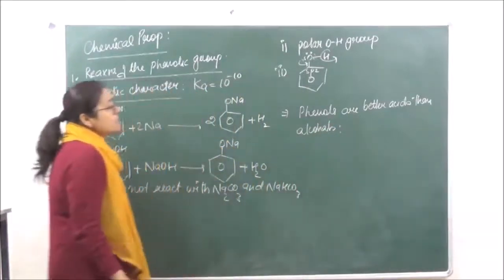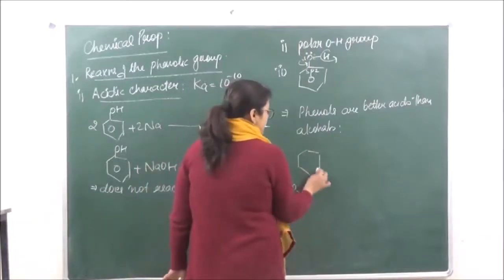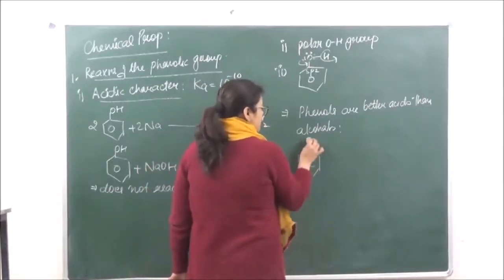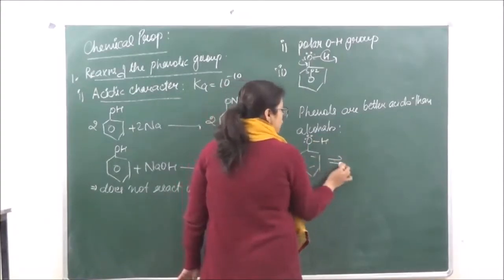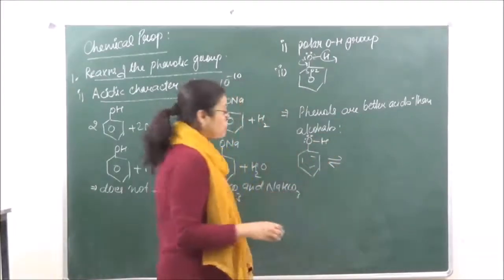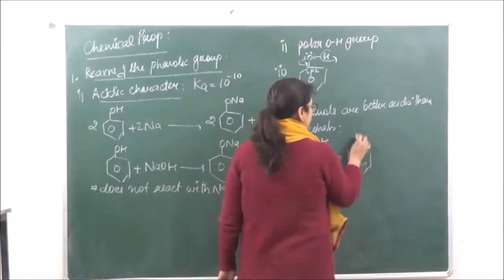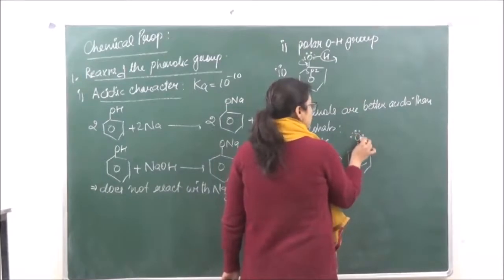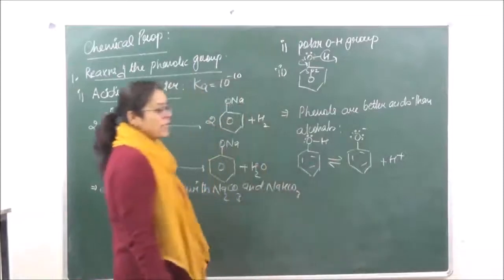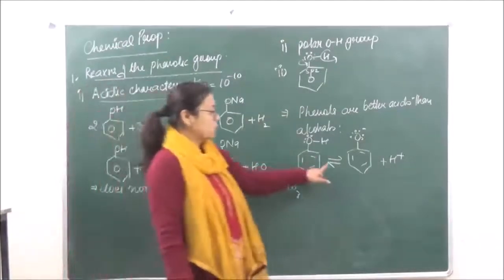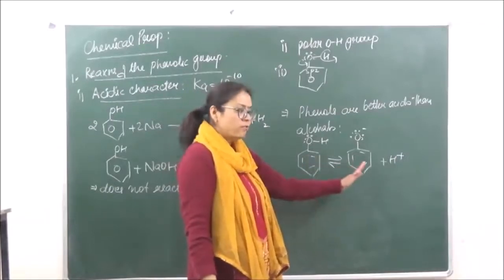Right? Now why is this happening? It is seen that when we look at phenol, the acidic character is due to the release of the H positive ion from here, such that it gives us phenoxide ion plus H positive. This is known as the phenoxide ion. You can see that the reaction over here is reversible. So if the products are stable, the reaction will go in the forward direction.